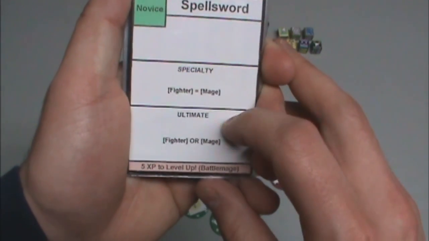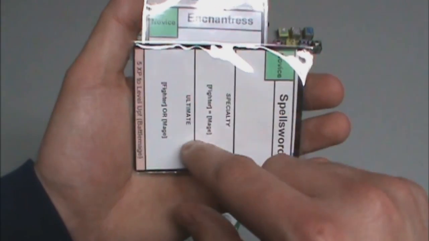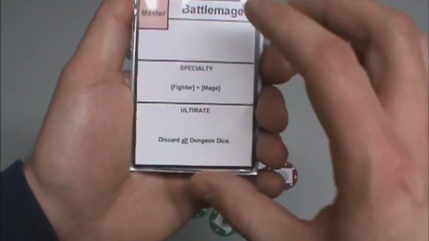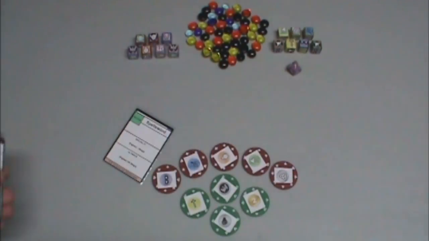Now you have your specialties and you have your ultimates. Ultimates can be used only once in a game. So when you use your ultimate, you turn it to the side to exhaust it to show that you used the ultimate. Once you level up to 5 though, when your character flips over, you get one more use of your ultimate. And your ultimate for your second side is usually more powerful. So once you have your character selected,